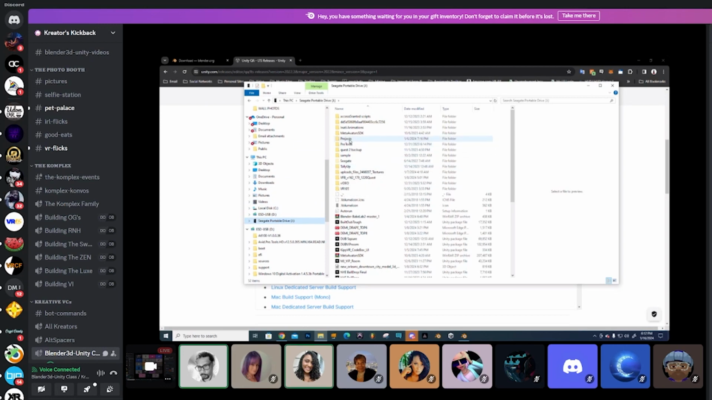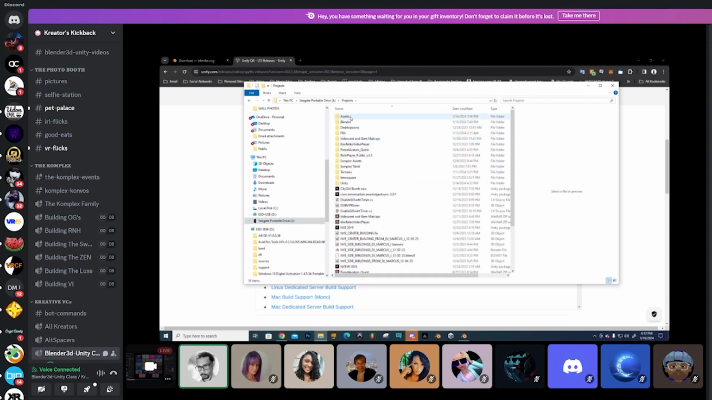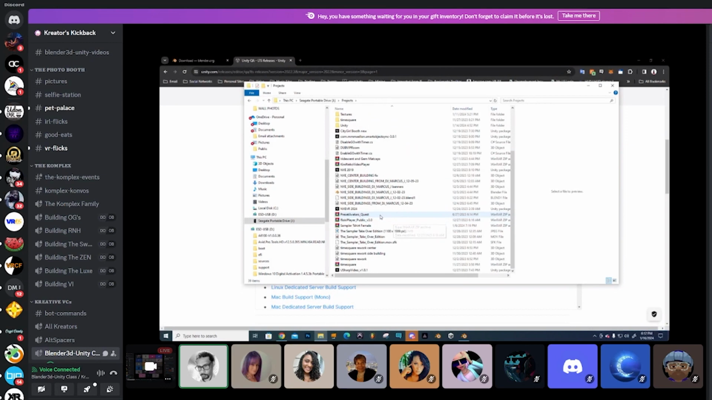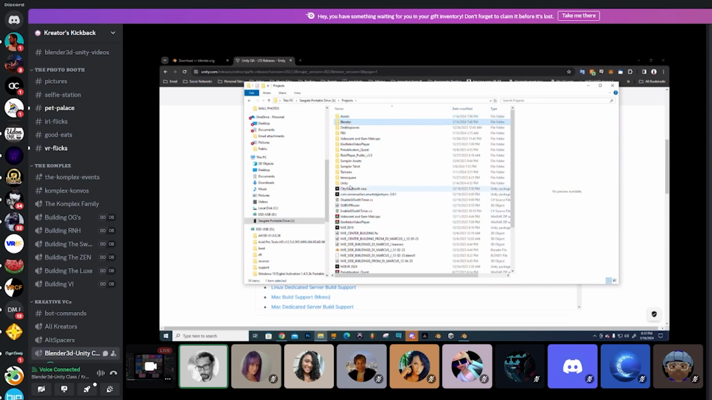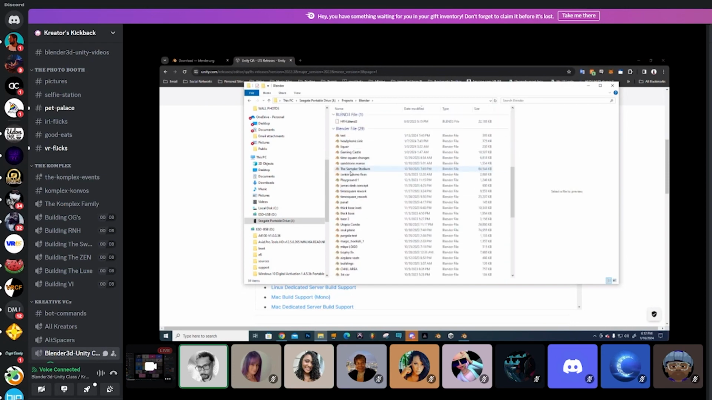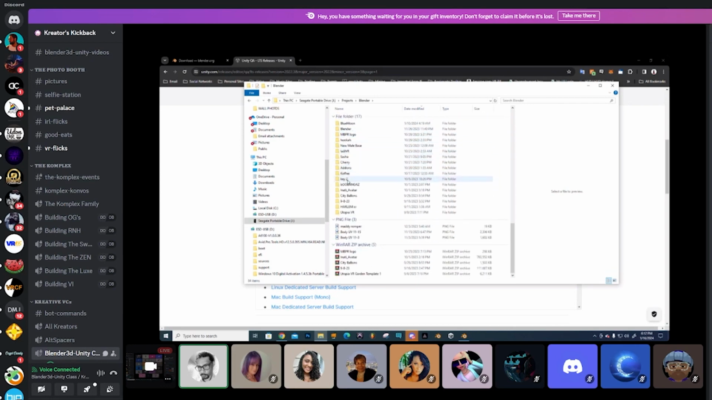So right here in projects, I got my assets, then Blender, then Unity, and it's a bunch of stuff that I should have saved in certain folders, but I didn't. So I do have some cleaning up to do, but mainly you want to have an assets folder, Blender, and Unity. Inside your Blender folder, you can create a folder called add-ons,